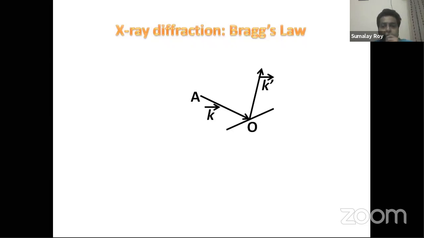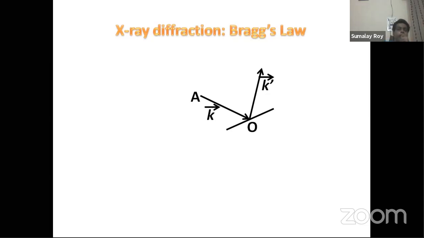Now my second question is, in this reflection, I have written the scattered vector is K prime. What will be the value of K prime? Is it different from K or is it the same? Same as K. Good. Swati answered correctly. Same as K, because we did not change the wavelength. Wavelength is not changed in this scattering. Lambda is the same, and the direction has changed. That's why I put a k prime. But the magnitude is the same, but the direction is different. Since it's a vector, we put it as k prime. But you can always remember the magnitude remains the same.